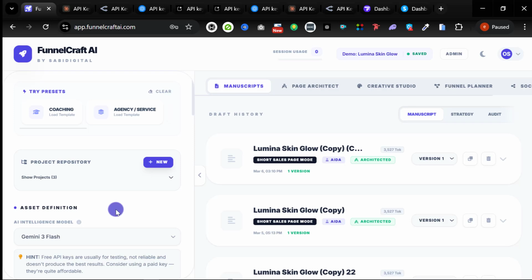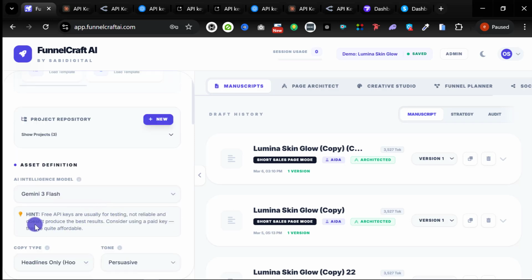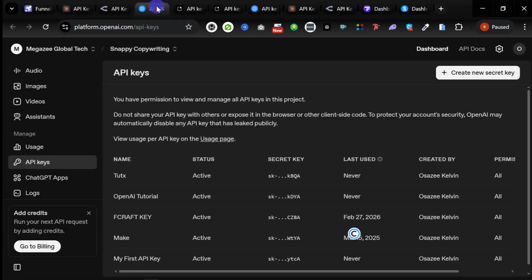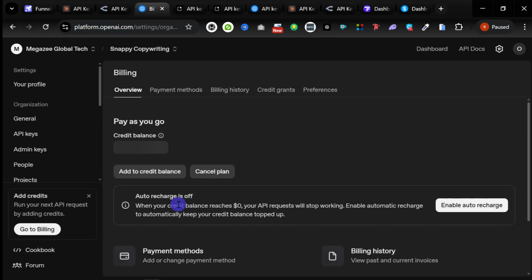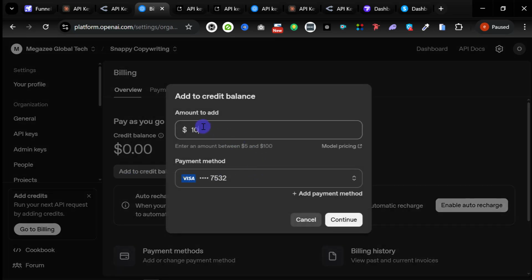Now, I want you to be aware. As you can see, I placed it right here. Free API keys are usually for testing, not reliable and doesn't produce the best result, consider using a paid key. They are quite affordable. Now, you can start with as low as $5 on this platform and get maximum results for your content, for your assets. If I click on add credit to balance now, you can see I have on OpenAI,